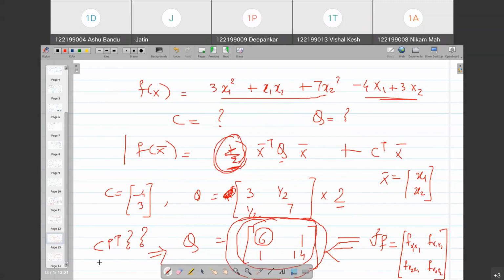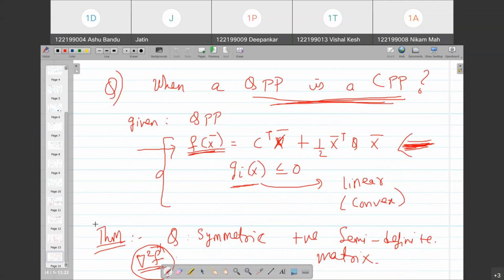Therefore, your Q is already symmetric. So therefore, this is a CPP. This QPP is a CPP. Okay, so that's why this convexity is used a lot in optimization, and Hessian matrices, partial derivatives are used a lot. Many times people ask you whether the given QPP is a CPP or not, and the answer is, you simply find the Hessian. Well, the proof is also nice, but